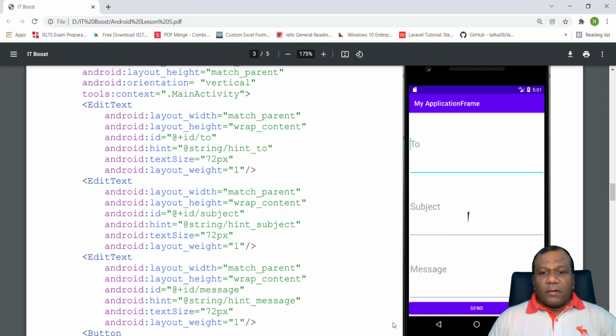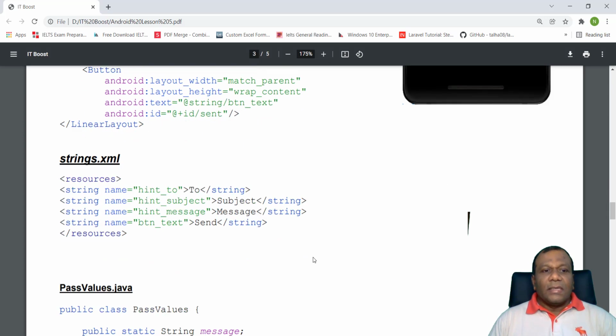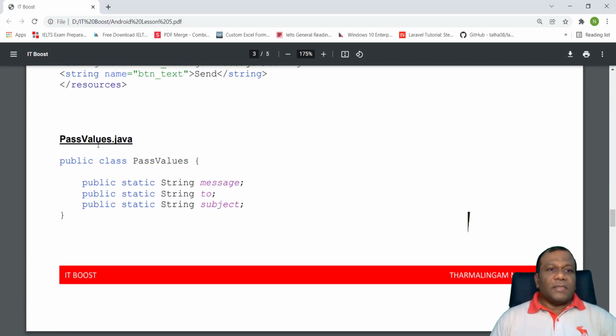So that's why I'm going to create a class, a Java class. I'm making that as a class name, pass values, and I put public. So that will be common for both screens, both activities, and 3 variables: public static string message, public static string 2, public static string subject.